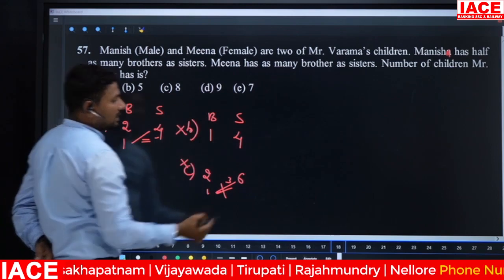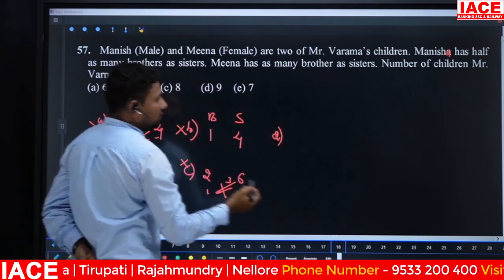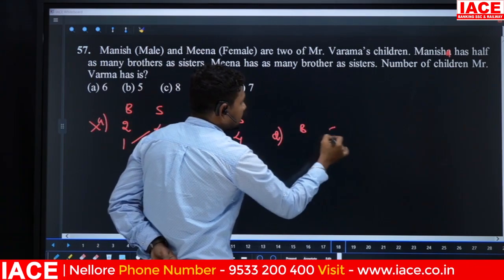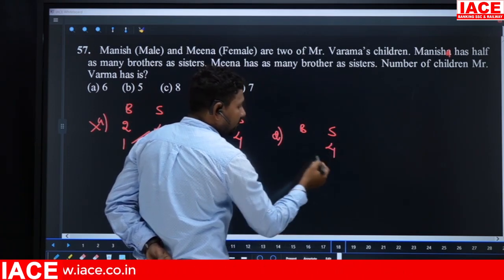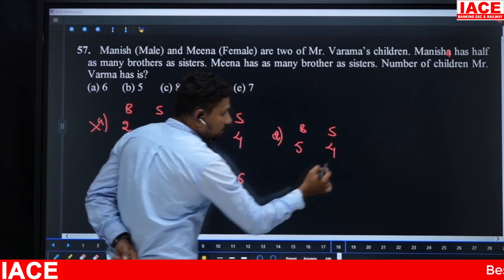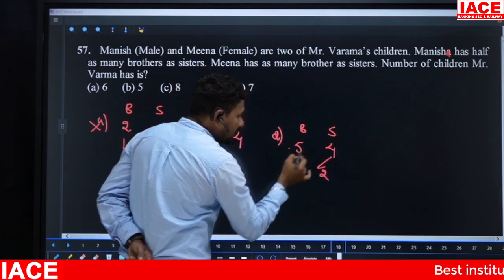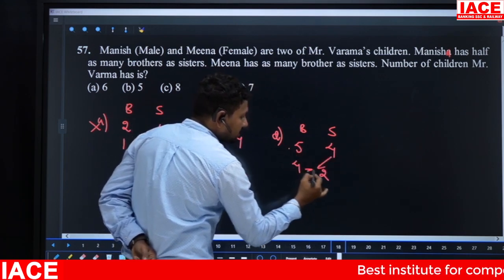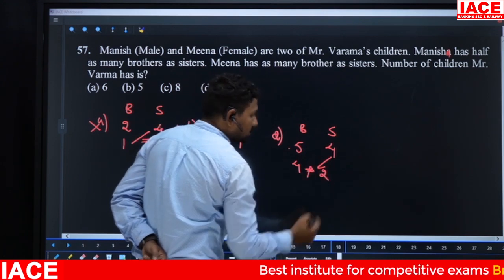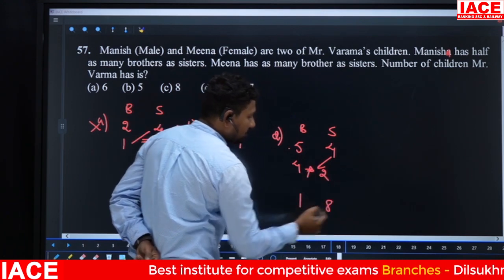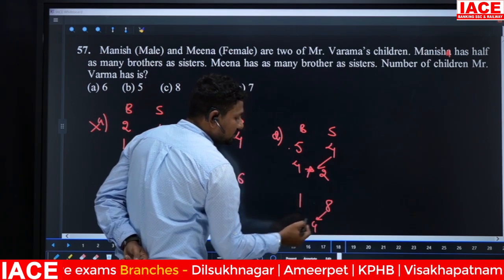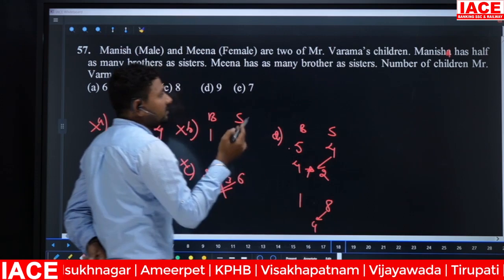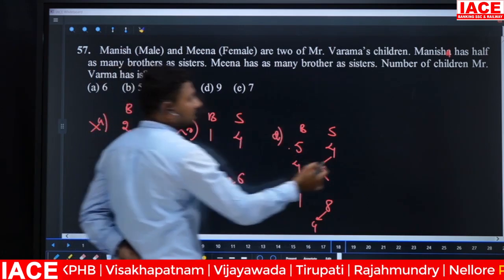When you check D also, we'll get it wrong. Why? Because look at the option: brothers and sisters. I am taking 4 now, which means 5 in total. Half of 4 is 2, and with Manish left out, the remaining is 4 members, which is not equal. And I am checking with the next option: it is 8 and 1. For example, 8 plus 1. Half of 8 is 4, and 1 person is already there, there are no brothers. That means this is also wrong. That is the way we are going. It is wrong, and go for option E.